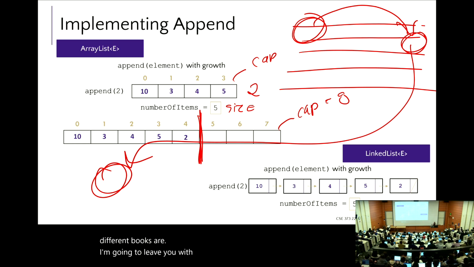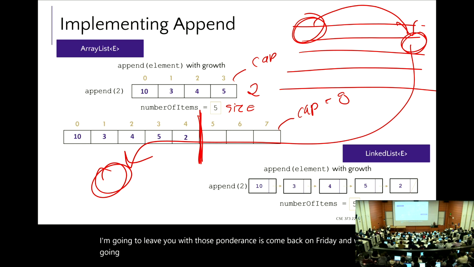Come back on Friday, and we're going to talk about some specific software scenarios that are optimized for each of those two different